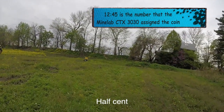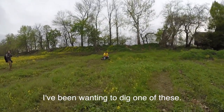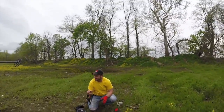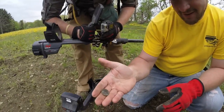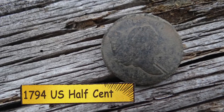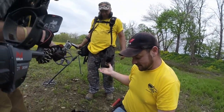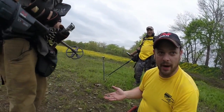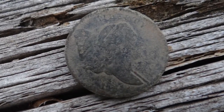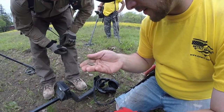What is it? Oh, we were just talking about this, weren't we? I've been wanting to dig one of these. Draped bust style, or? 1794. Yeah, it is a draped bust style. Wow, dude, look at the details on that, buddy. Holy crap. No freaking way. What'd it ring in as? Garbage. Really? But I had the high tone in there, and it just... Wow, no way. What's the back look? No kidding. The back's gonna have some detail, not a whole lot, but...